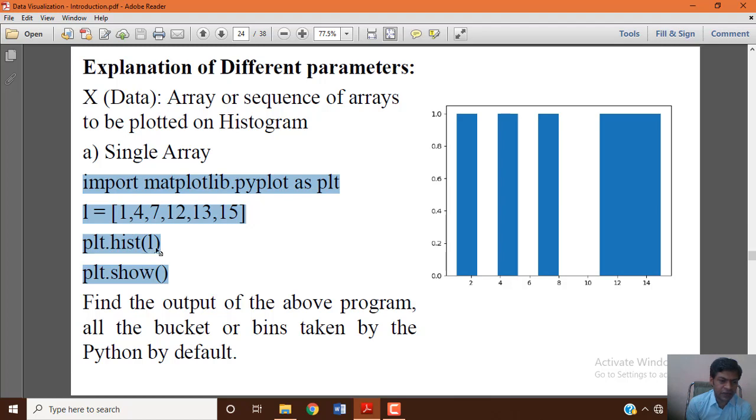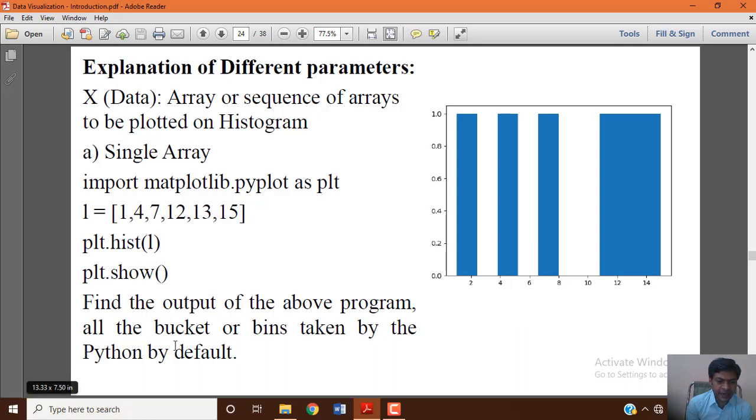Then hist of L takes the set of values, and bins we didn't use, which means by default it will be divided into equal subgroups. The range of values will be divided into bins automatically by Python. Then plt dot show.